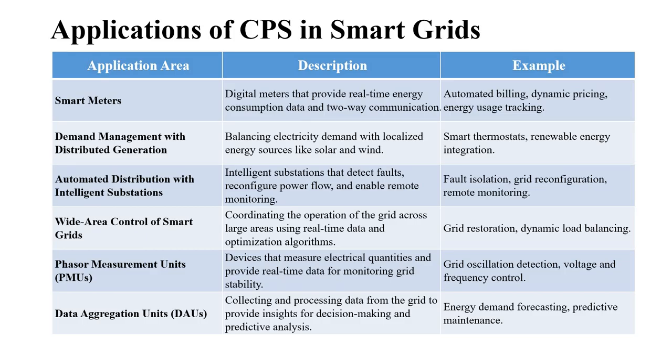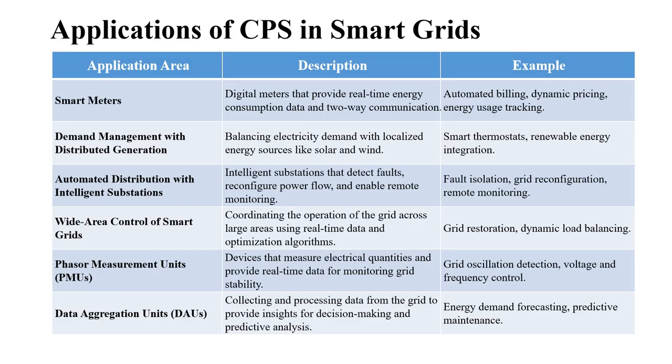So voltage and frequency control, these PMUs will help in the real time voltage regulation and frequency control, essential for integrating the renewable energy sources and maintaining the system stability. Then the last one is the data aggregation units, that is the DAUs. These collect, process and aggregate the data from multiple sources within the smart grids. These DAUs centralize this data in order to provide utilities with actionable insights. And examples are the energy forecasting